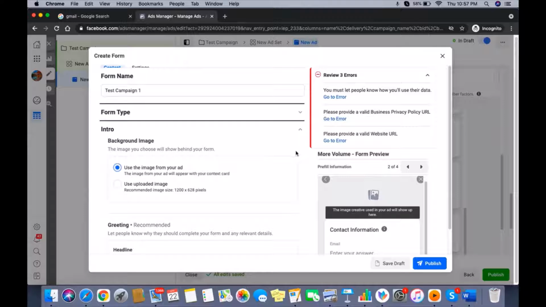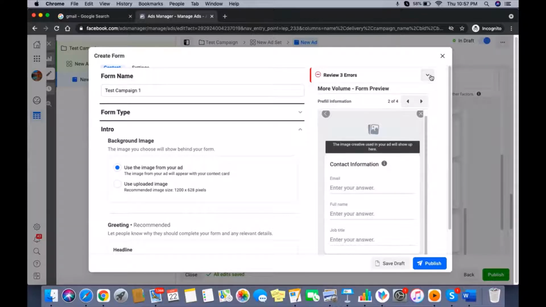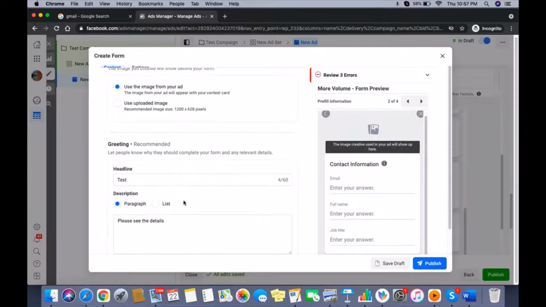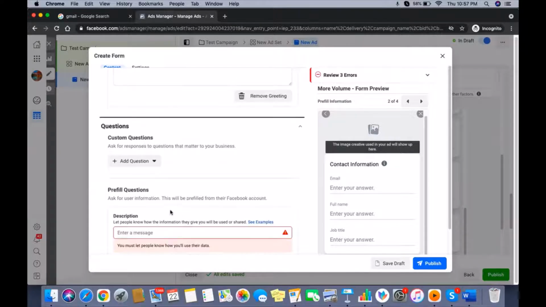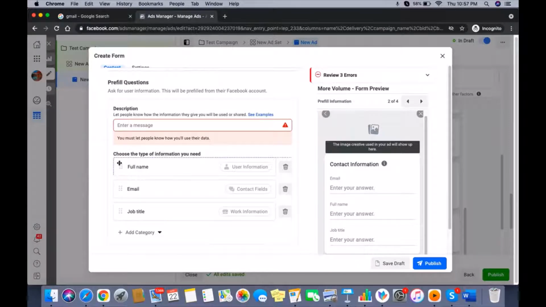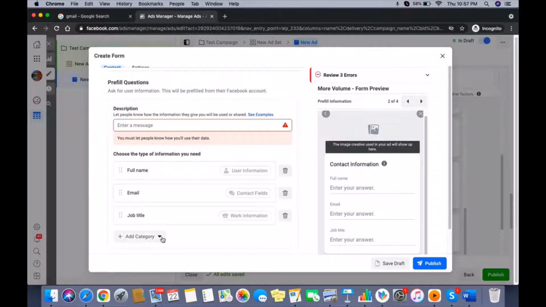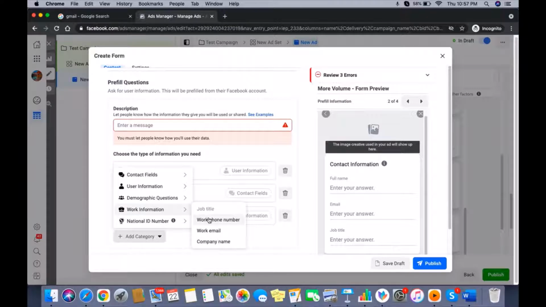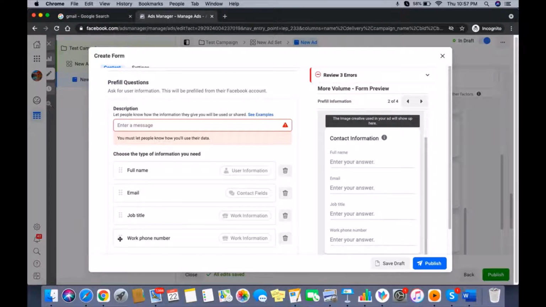This is not letting me in because I have not uploaded any photos, so that's okay. Full name can be here, email, job title, phone number.